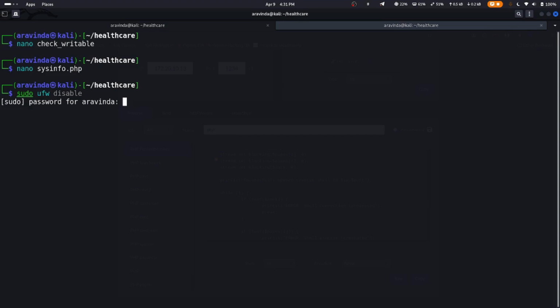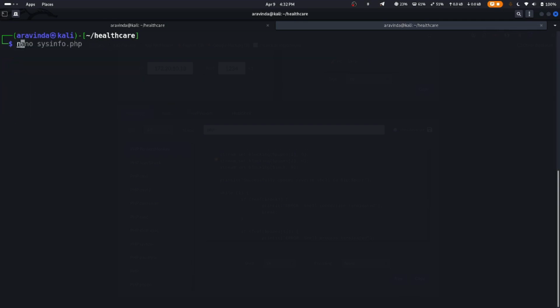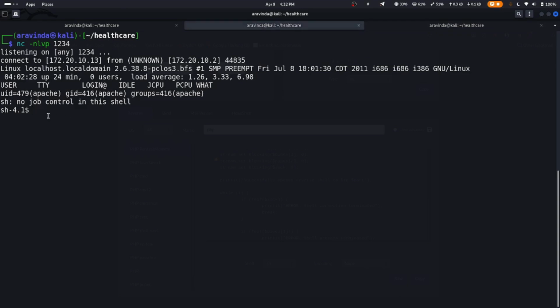So let me type in my password. So the firewall is stopped, and let's do nc -nlvp 1234 to start our netcat listener, and let's trigger the reverse shell using the curl command, or you can just visit this in your browser as well. So instead of revshell.php, we'll do sysinfo.php. This is how to specify the particular URL of the reverse shell,